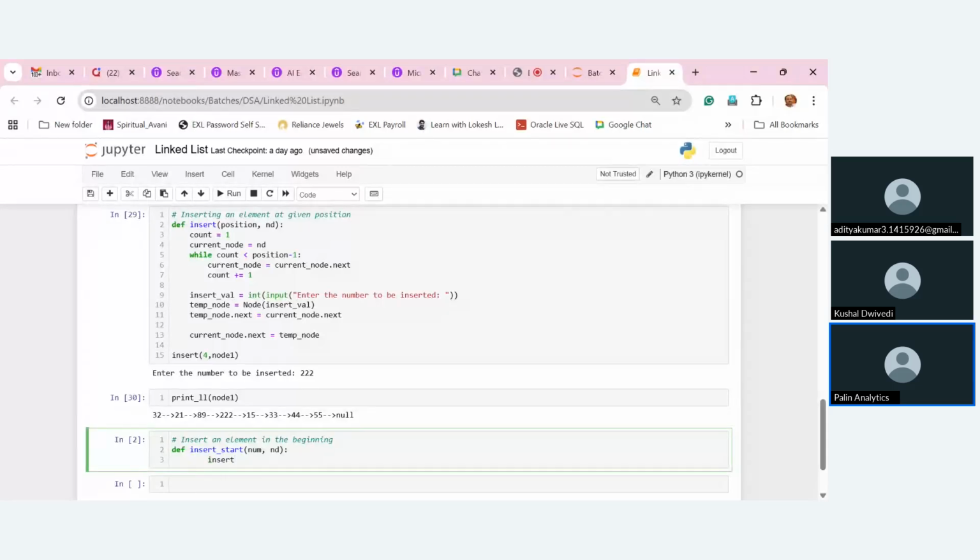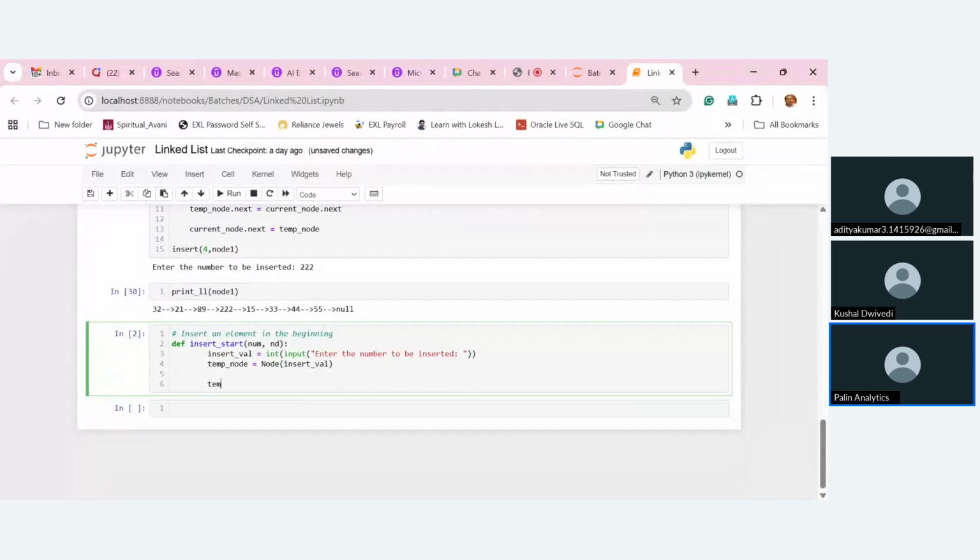insert_val is equal to integer input, enter the number to be inserted. Okay, and here we'll accept the number from the user. Then temp_node is equal to Node of insert_val. Now since this element has to be inserted at the beginning, what we'll do is temp_node.next is equal to nd. Okay, we'll connect it like this,